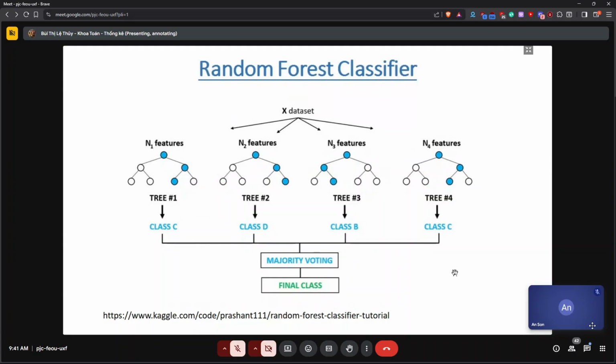And then I can take any observation and follow it through the tree.